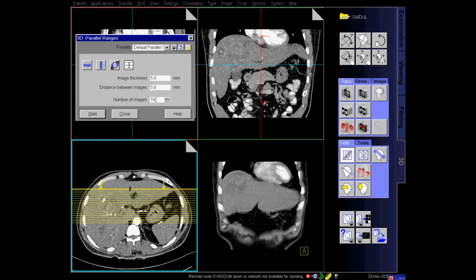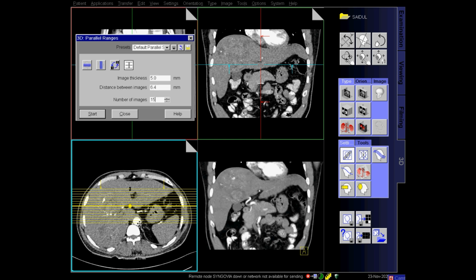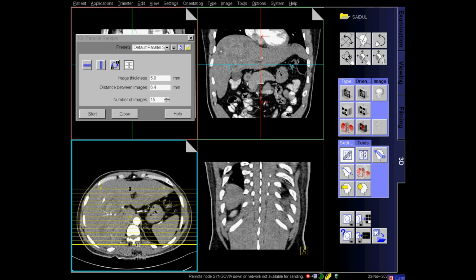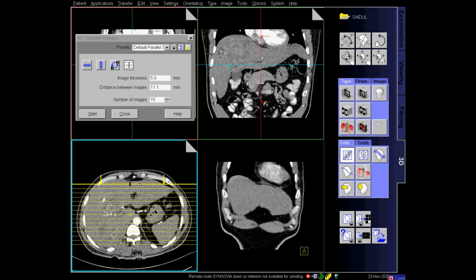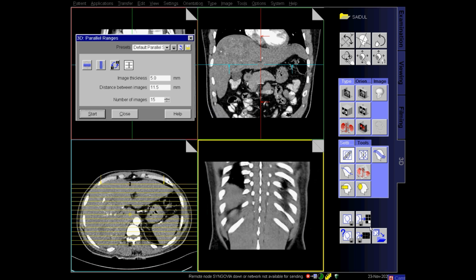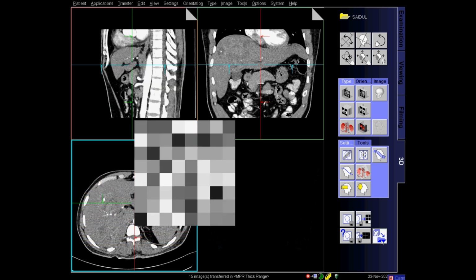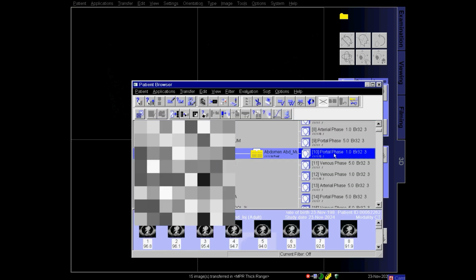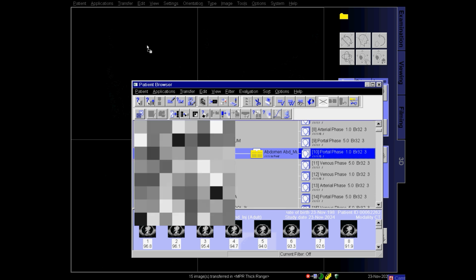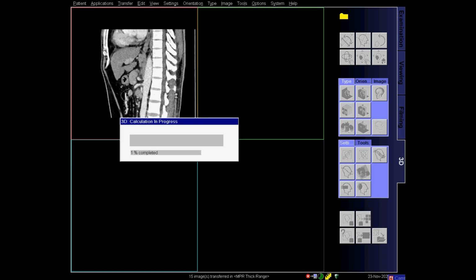Lock the slice number so that the number does not increase in case you drag the slice. So I have changed the number of images to 15 and saved the coronal images for the arterial phase and sent it to the filming.